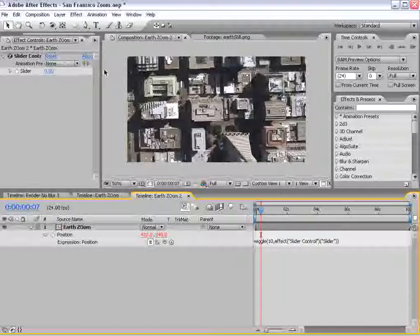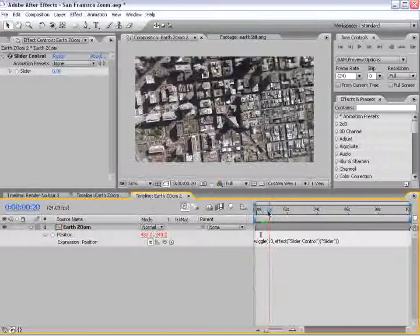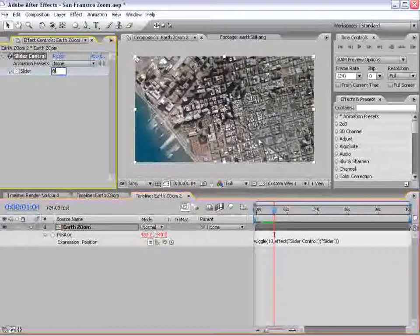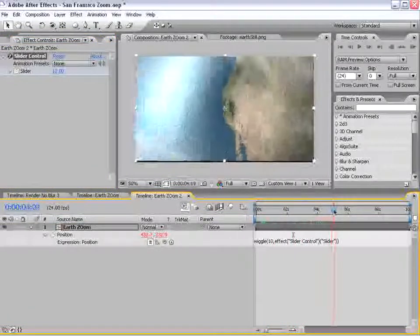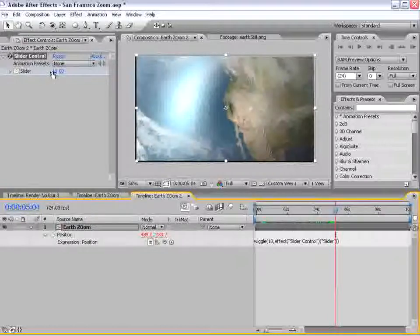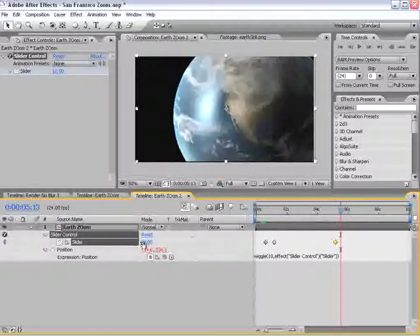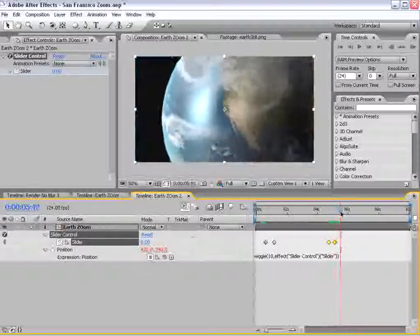And the reason we set up the slider control is so that we can animate that. So just as it begins to turn, we're going to set the stopwatch at 0. Move forward a couple of seconds. We'll change it to about 10. Go forward to nearly the end of the animation. And if we hit U, and we'll set a keyframe, and then we'll move forward again and turn it down to 0. And if we just move these last two over a little bit, that way the bumpiness stops